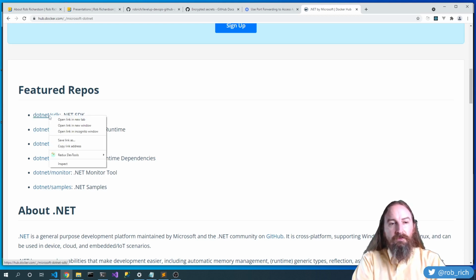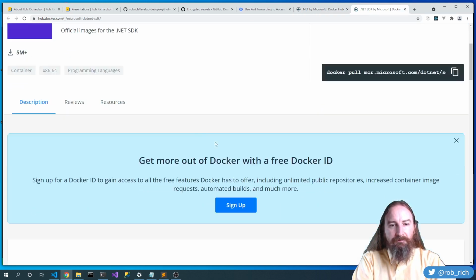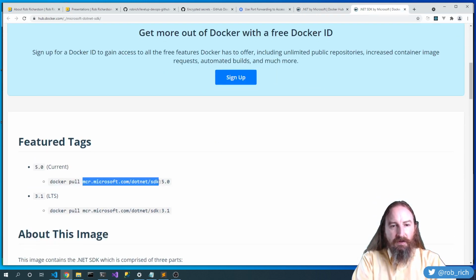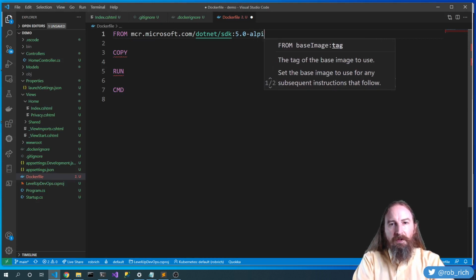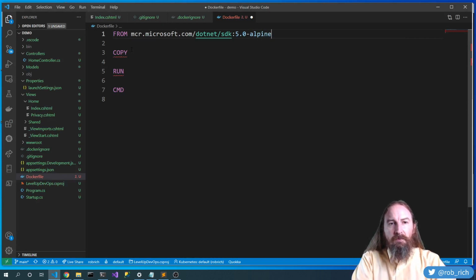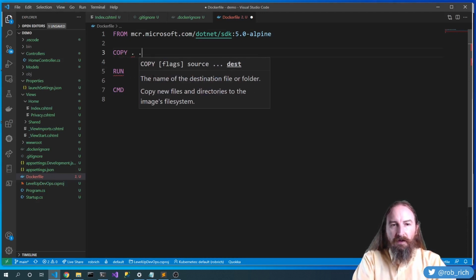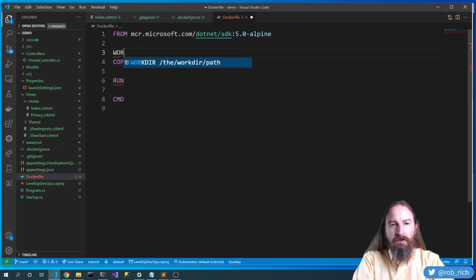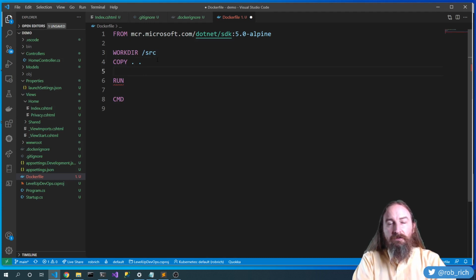Now that includes the build tools, so let's pop this open and let's go grab our base image. Here's that base image, and we also have an Alpine variant, so let's use that. So from this -Alpine. Now we need to copy all of our content from the directory where we'll run our Docker build command to the directory inside of our image. Now where is that directory? workdir/src. So it will create this src directory and then cd into it, so we'll copy all of our content